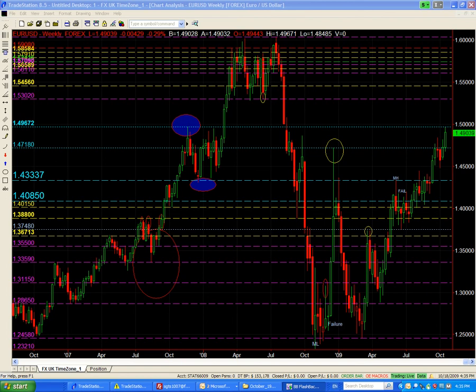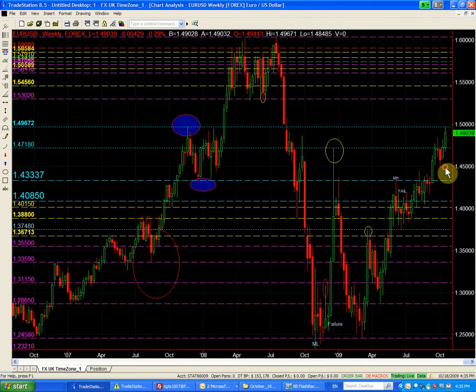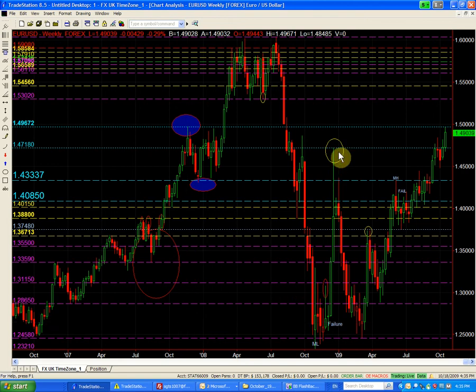This is the euro dollar for the week of October 19. As you all know, we have been long the euro dollar for quite some time, and we had a push high this week. We traded as high as 149.67, which, as we pointed out last week, is the structural point back from November 23rd, 2007. This was our initial point, the 147.18, and we were buying above that point because if it trades above that structural point, it should lead us all the way up to the high,